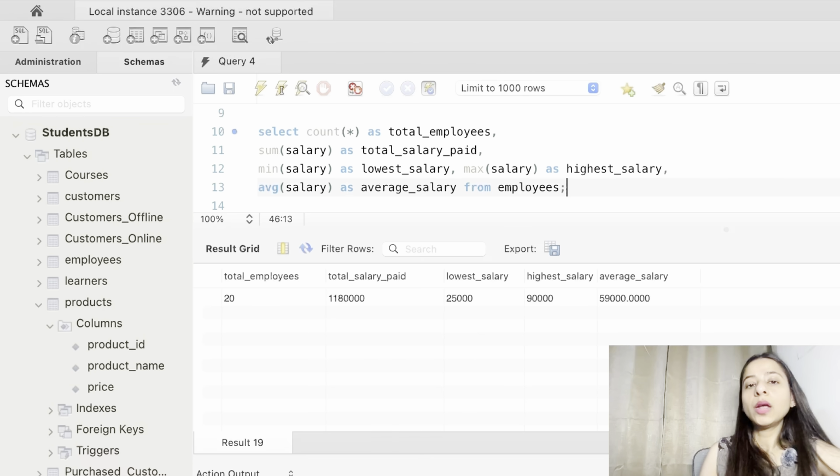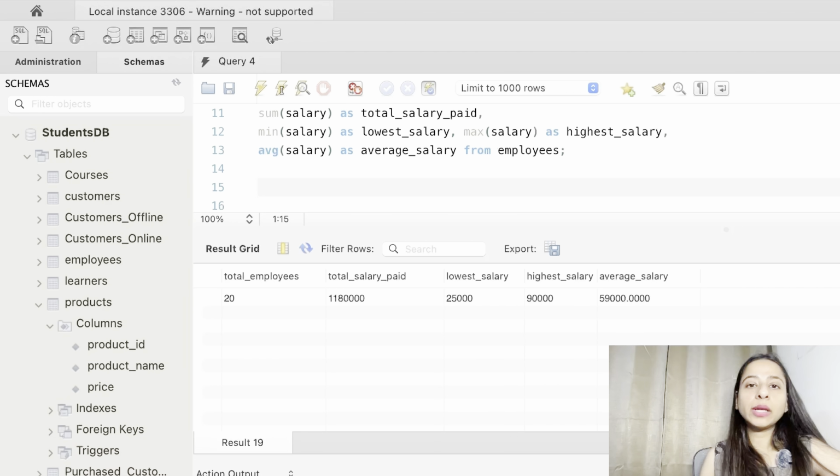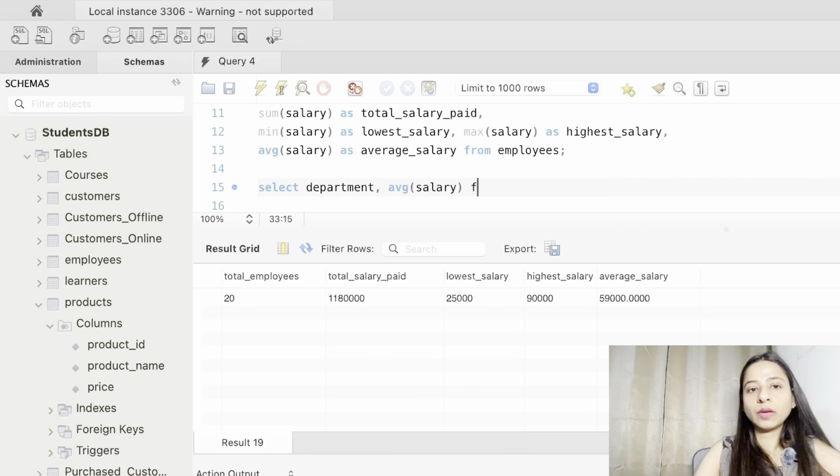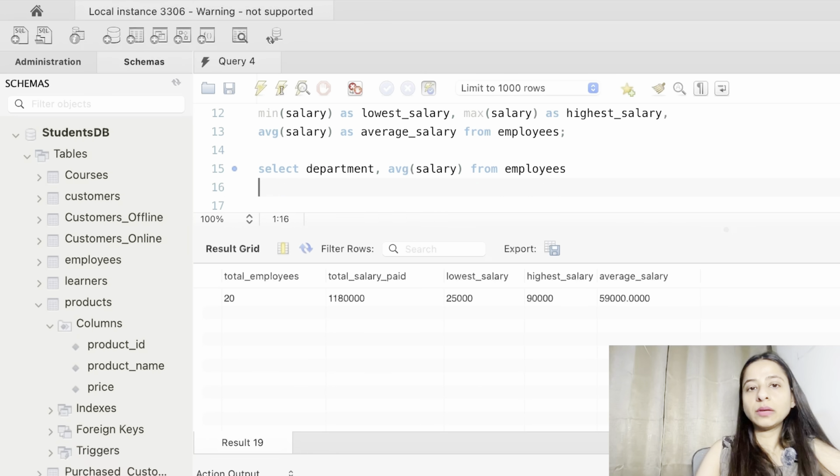Now let's see how we can use group by and having clause with the aggregate functions. So let's say if we want to calculate the average salary per department from the employees table. So we can just write select department, comma, average salary from employees, and we will group it by department since we just want to have the average salary per department.